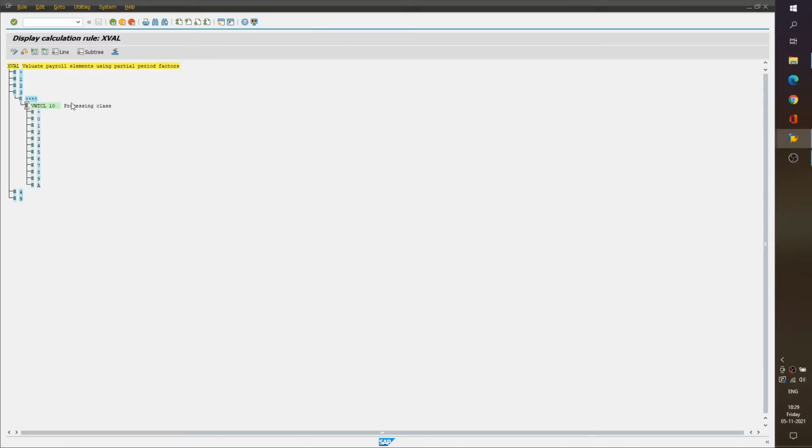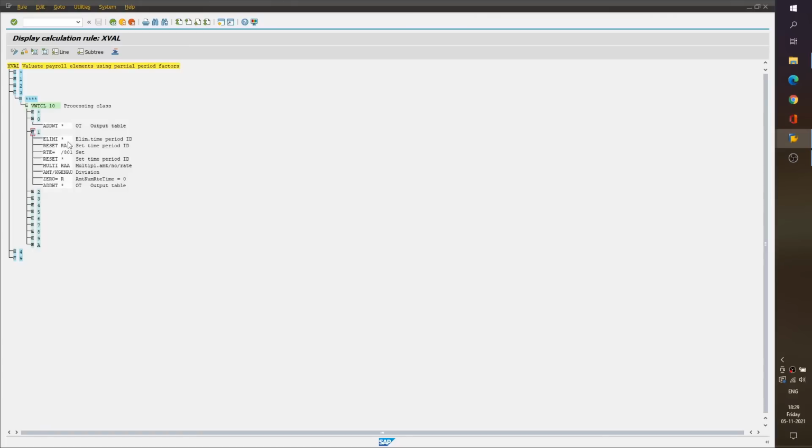If the specification of processing class 10 is 0, then ADDWT asterisk. What this operation is doing is passing the wage type as it is to the output table, not doing any calculations. But if the specification of processing class 10 for a wage type is 1, in that case it is doing some calculations.